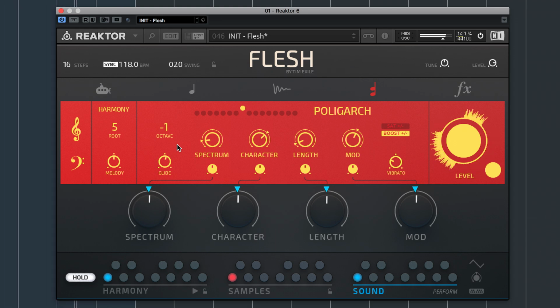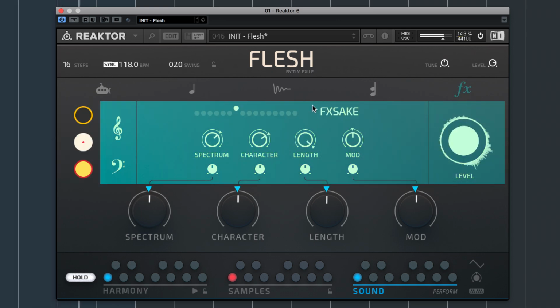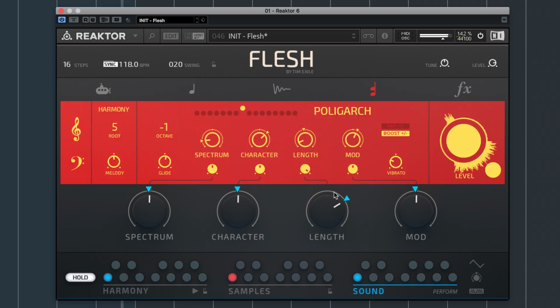Although we've got all these different independent synth engines running, we can make them all move and breathe together as one. You've seen that the 4 engines have spectrum, character, length and mod dials that are used to shape each engine individually, and you can assign these to be influenced by the main mixer's 4 corresponding macros, meaning that you can make global adjustments to all engines simultaneously. I'm just going to set up some assignments, tweak their ranges, and then I can sweep these global macros to